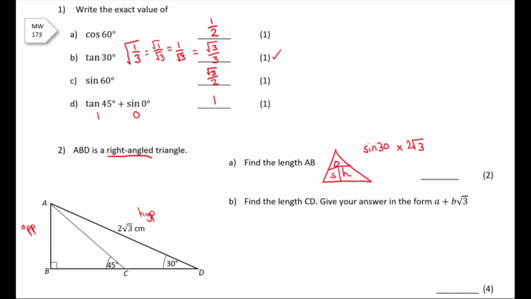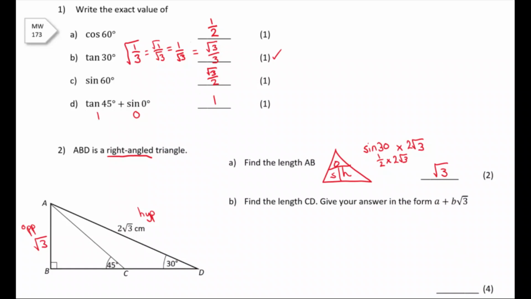Sine 30 we know is a half. Half of 2 root 3 is just root 3. Okay, find the length CD, so this length here, and give your answer as a surd. So let's have a look. We're going to have to use the smaller triangle here as well. So now that we know this is root 3,